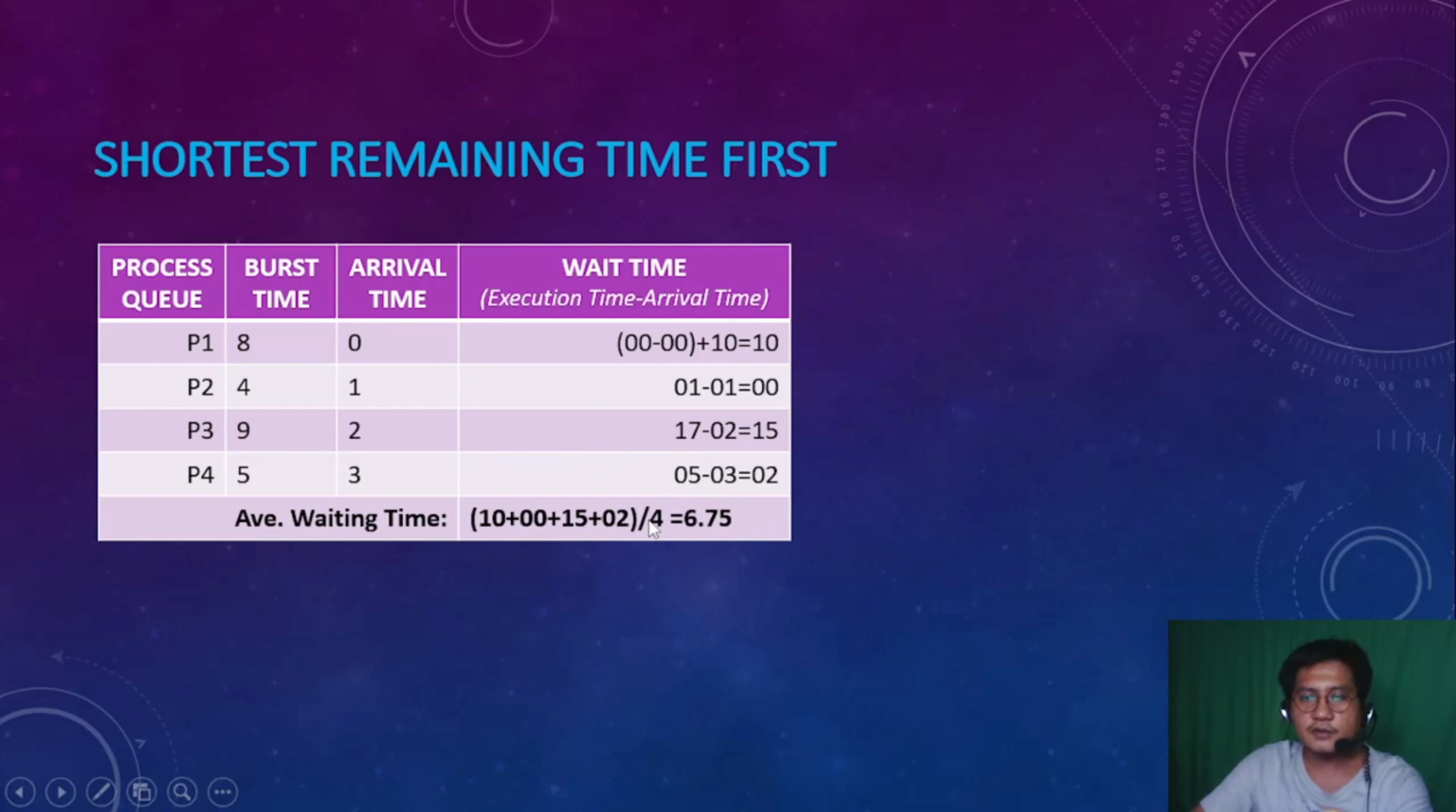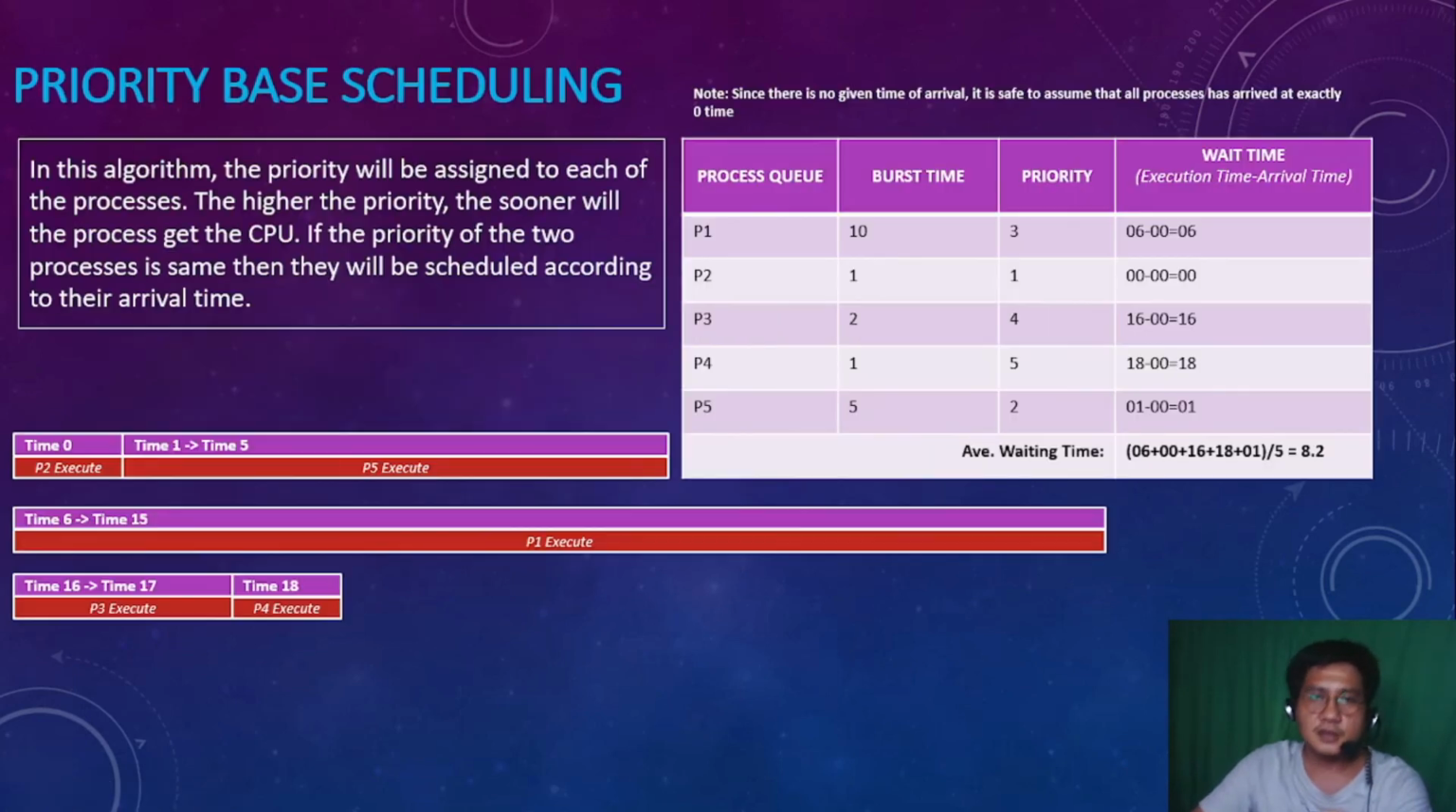That is why we divided the sum of 10, 0, 15, and 2 by 4. So we get 6.75 average waiting time for this example of the shortest remaining time first. Now the next